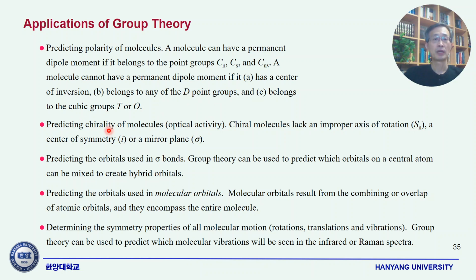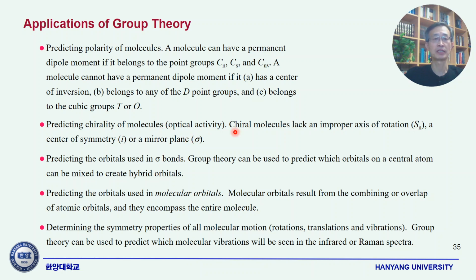And chirality can also be determined. Optical activity can also be determined based on the symmetry group. A chiral molecule must not have an improper axis of rotation, Sn, and also no inversion symmetry or mirror plane,